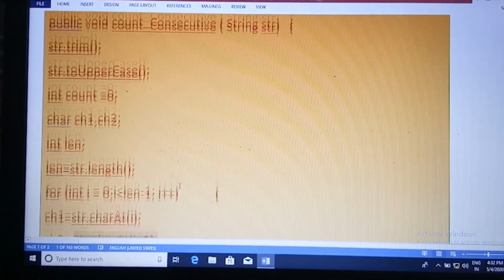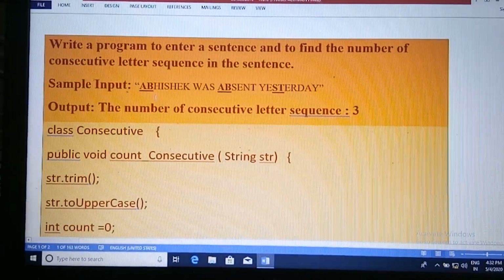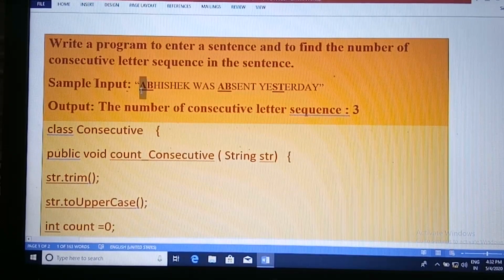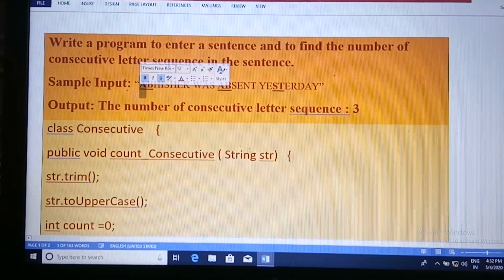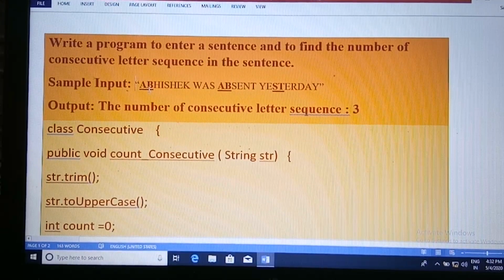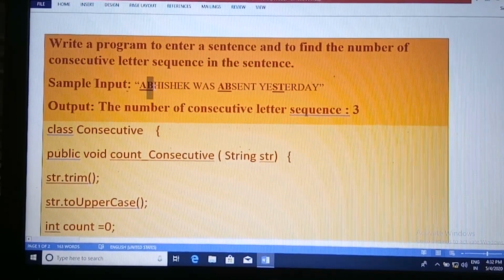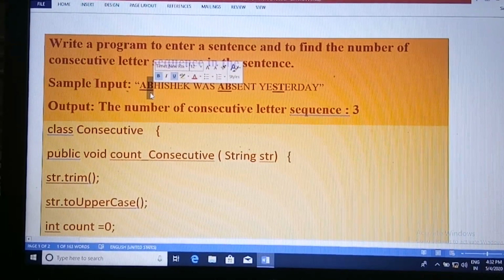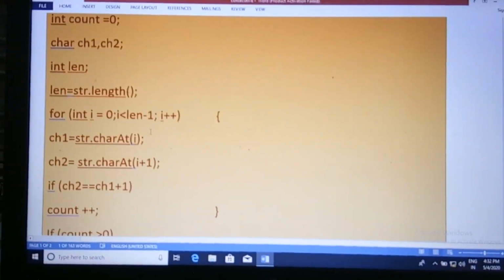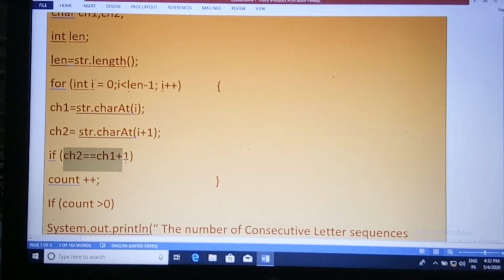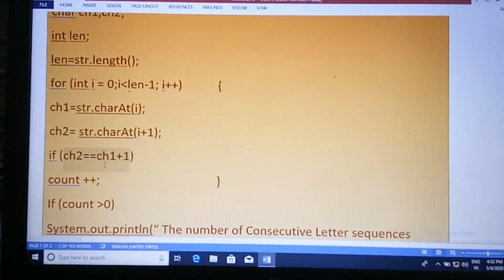That means, in this example, in ch1 first the alphabet A is stored, and in ch2 the alphabet B, the one in the first index position, is stored, and those values are compared by using the relational operator, the equal sign.